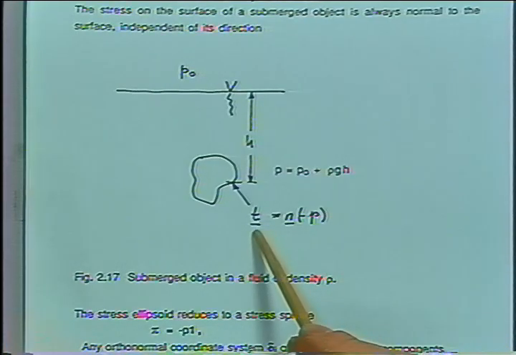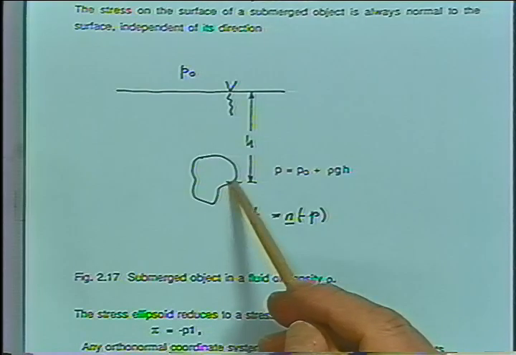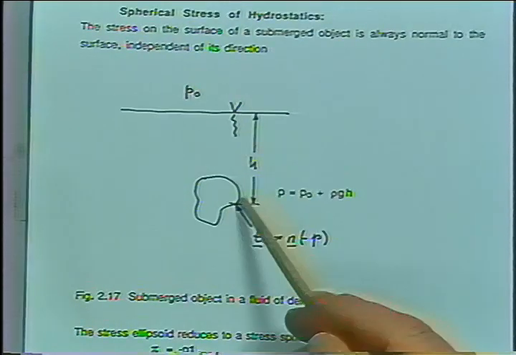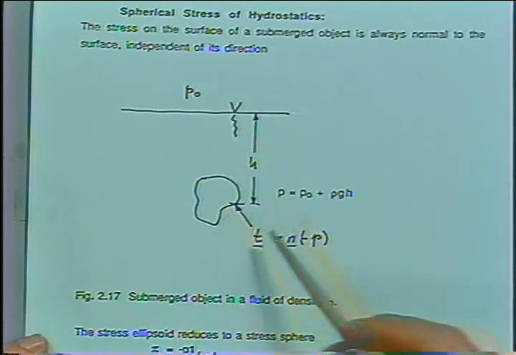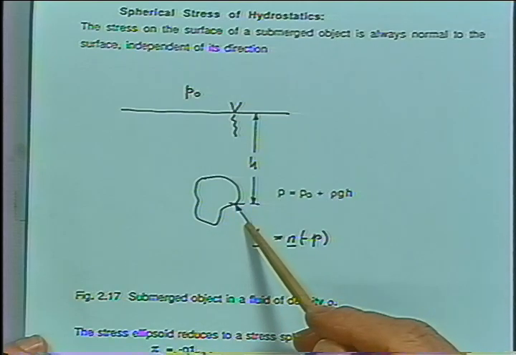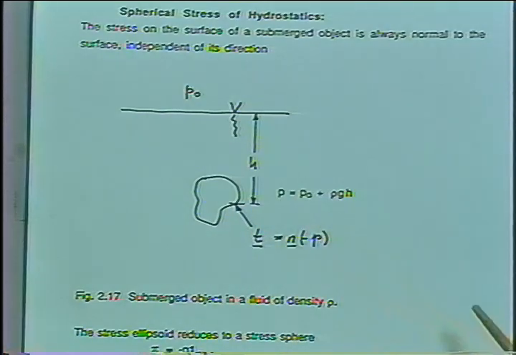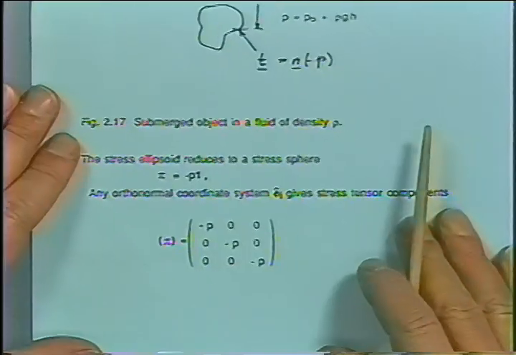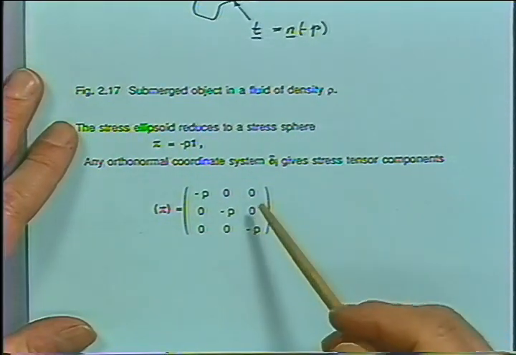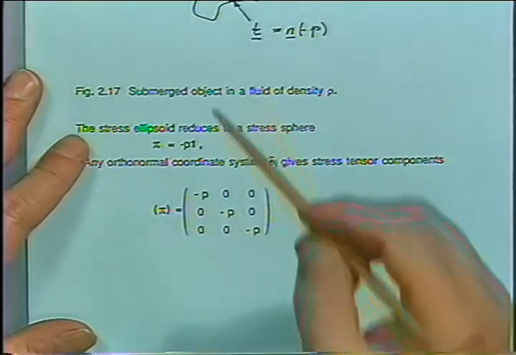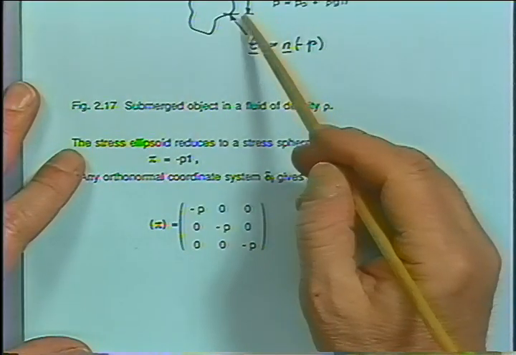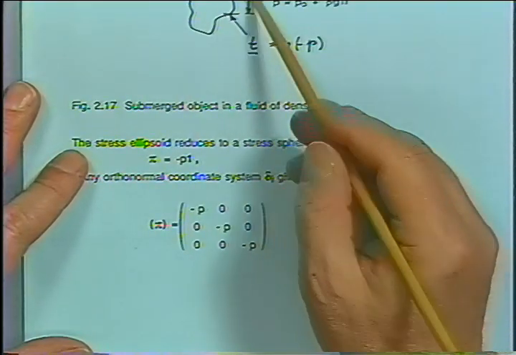So whatever direction the surface has locally determines the direction of the traction, and the magnitude is given just by the local pressure. And the stress tensor in the vicinity here, the stress tensor at the depth h,